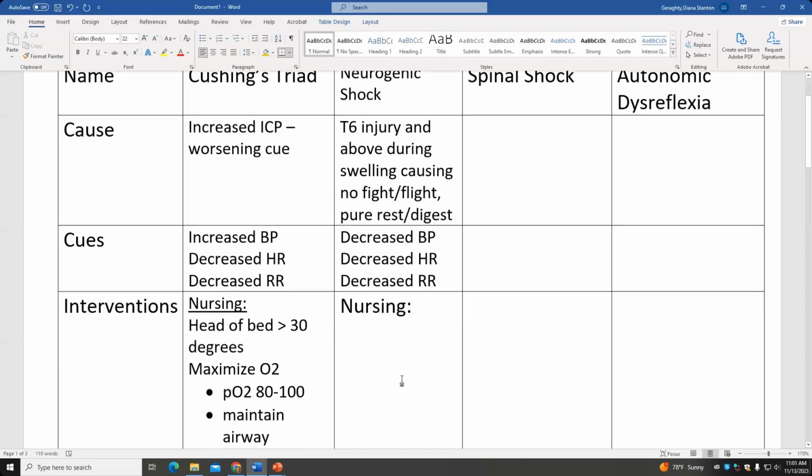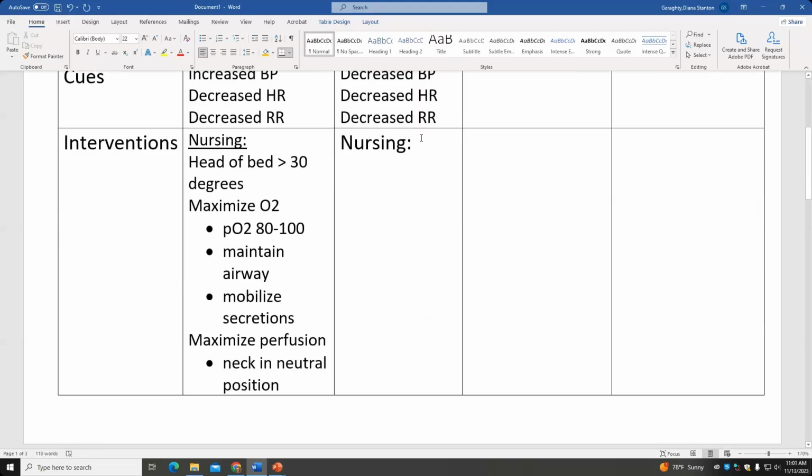So yeah, we might need to, can we do a nursing intervention here? Let's do nursing and let's do ordered. So what do you think we can do for that blood pressure? So I think that your best thing, yes, with a decreased blood pressure. Well, they should be anyway, because they're a spinal cord injury patient. But yes, head a bit flat or